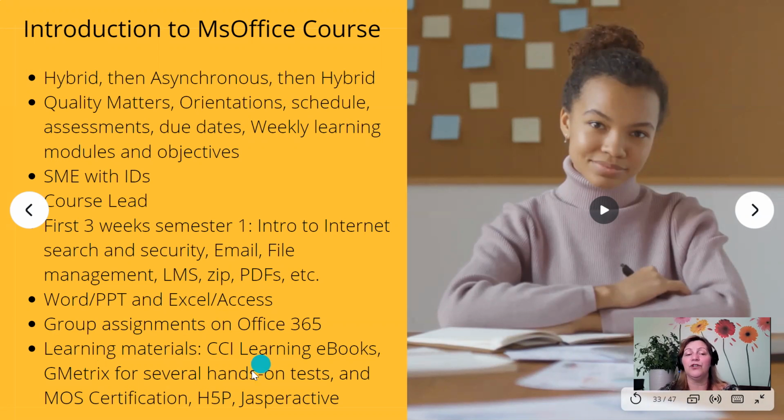Learning materials. Currently we're using CCI Learning eBooks as a site license, Gmetrics as a site license, and we use some of the Gmetrics tests as graded components, and we do a Microsoft Office certification test in each course. And we use H5P for some interaction. And in some of our courses that teach Microsoft Office, we use Jasper Active, which is a week-by-week guide to learning, and the students work on the exercises each week that are posted in